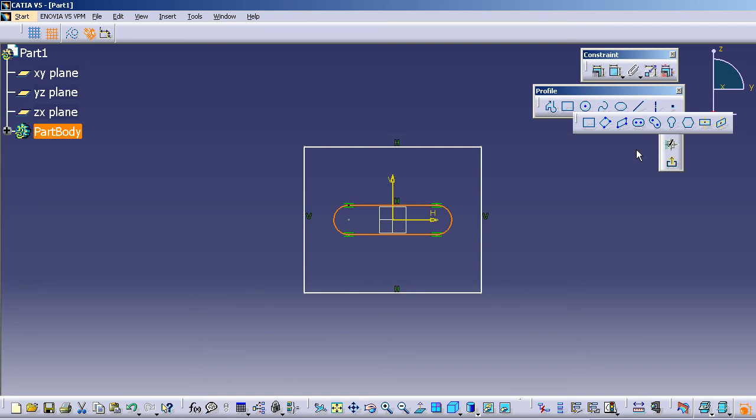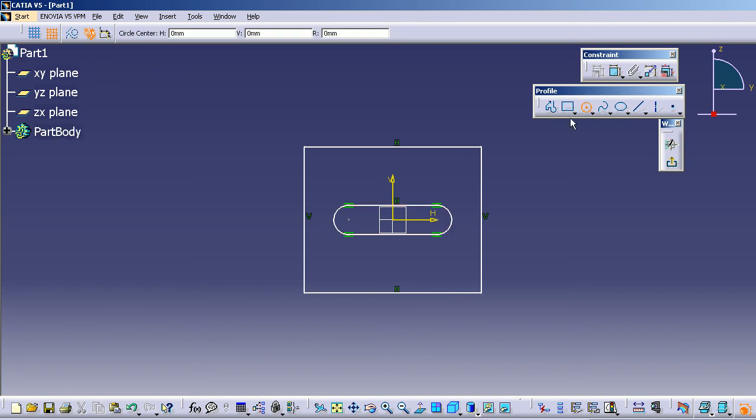Now you need to draw the four circles which are of radius 10. Choose the circle tool, move the cursor to 40, 30 to define the center point. Now give the radius as 10 millimeter, click it. See, the circle has been drawn. Similarly you need to draw the four circles. I have created all the four circles. You should create it yourself. By now you should have known how to draw the circles.